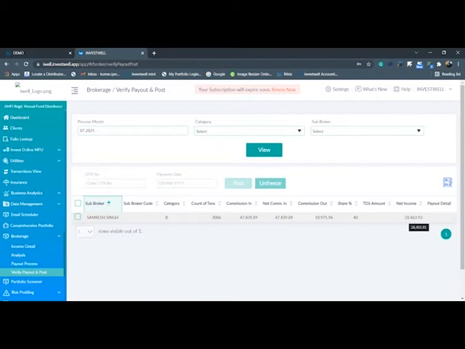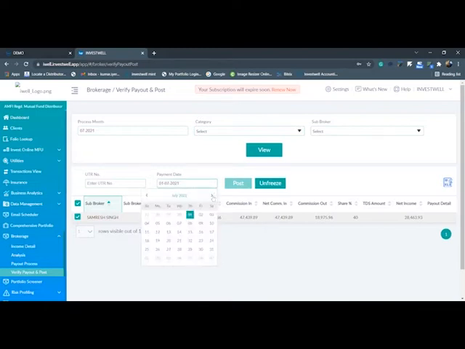All this information you are able to see. Also, it will give you the TDS deduction and the net income and gross income, everything. So after verifying all this, you can directly click on the specific sub-broker, and it will ask you to enter the payment date. So you are entering this brokerage payout to him for the month of July. So you can choose the month as July or August.